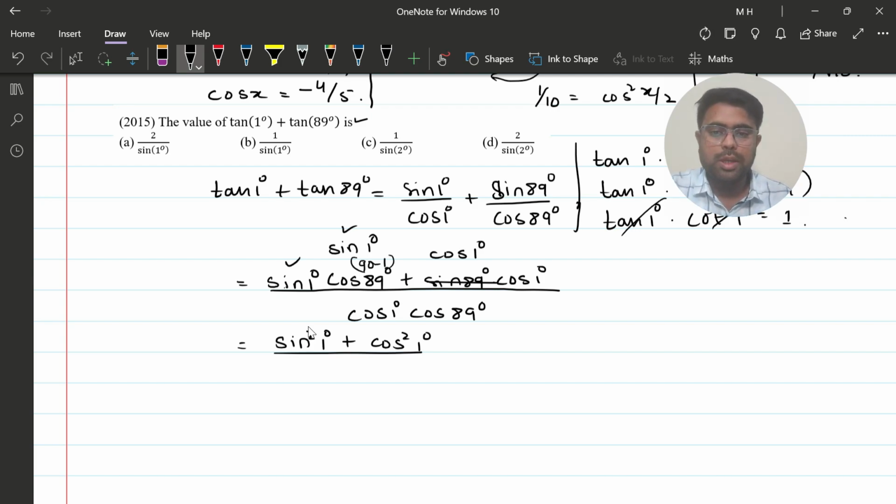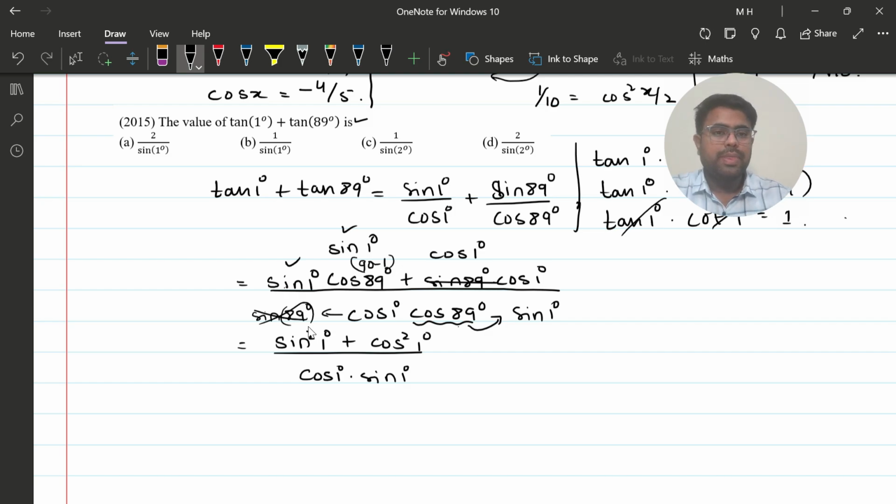okay, what is this going to be now? This is cos 1 degree. This cos 89 can be written as sine 1 degree, as I said just now, right? So into sine 1 degree. Now you may ask me, why did I convert cos 89 into sine 1, and why not cos 1 into sine 89? I can write this also as sine 89, right? Why not this? I will just explain it to you in a moment. In the numerator it is sine square 1 degree plus cos square 1 degree, so it is 1